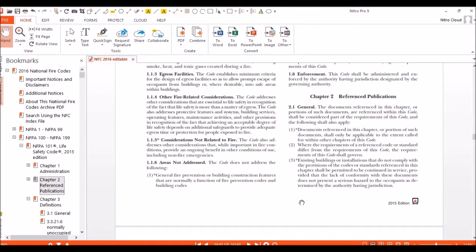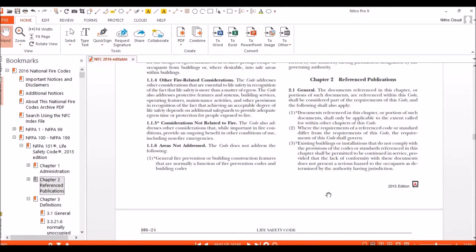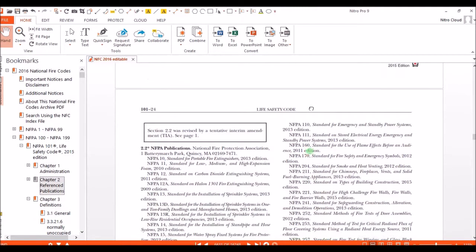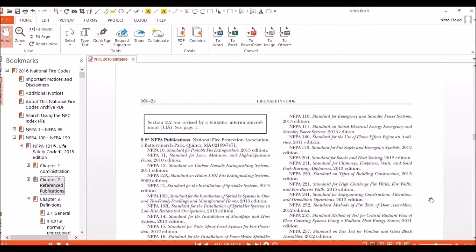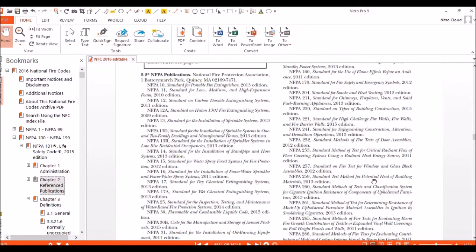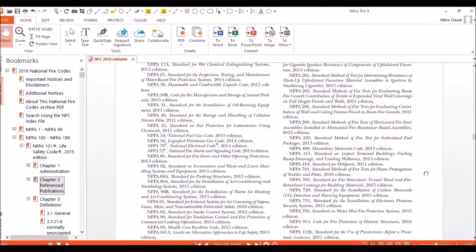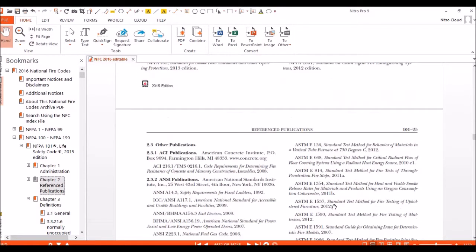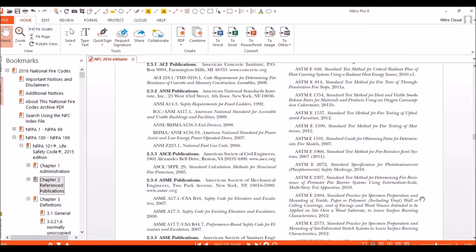Chapter 2 is reference publications. This chapter has a list of documents that are being referenced in Life Safety Code. Obviously, a majority of them are NFPA standards, as you can see, 10, 13, 25, so on and so forth. There are also other documents which are not NFPA publications, as you can see, such as ASTM,